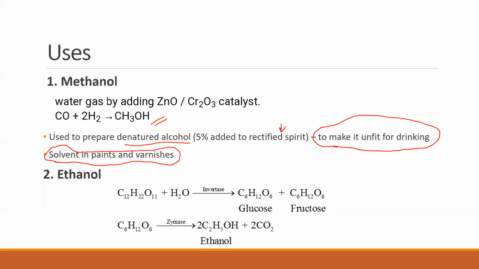are added. Now, along with that, pyridine is also added. Pyridine, the moment it is added, gives a very bad smell. Will we know whether methanol is added or not? No, because both methanol and ethanol are colorless. So people might still feel, let me drink. So to prevent that, pyridine is added so that it gives a very bad smell.